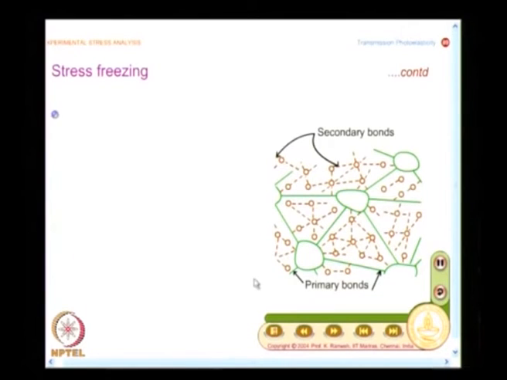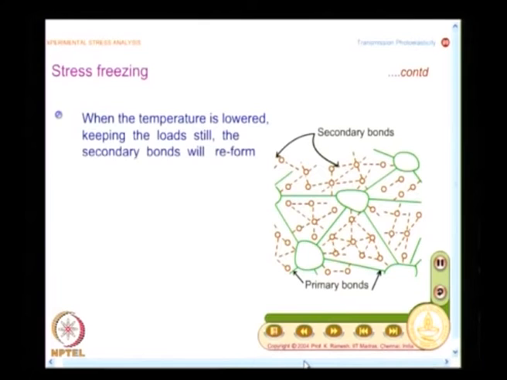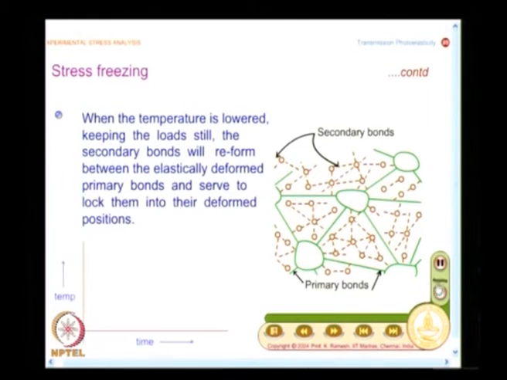and this is what your thermal cycling process does, very similar to what I do in the case of keeping a spring compressed. When the temperature is lowered, keeping the load still, the secondary bonds will reform and prevent the elastically deformed primary bonds from coming back to their original position, and hence the stresses are locked, and at the end of the process I remove the load, like what I have in the case of a spring